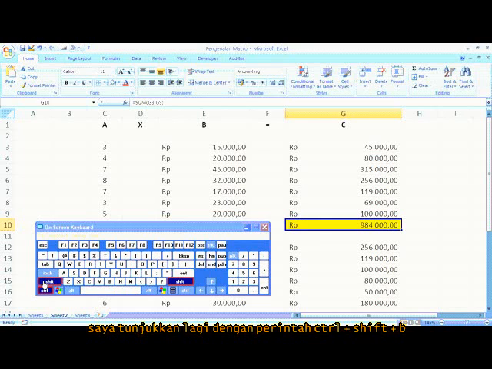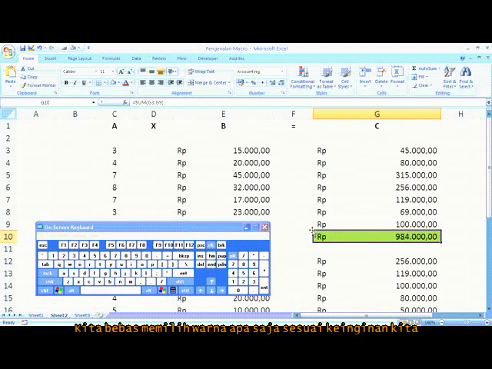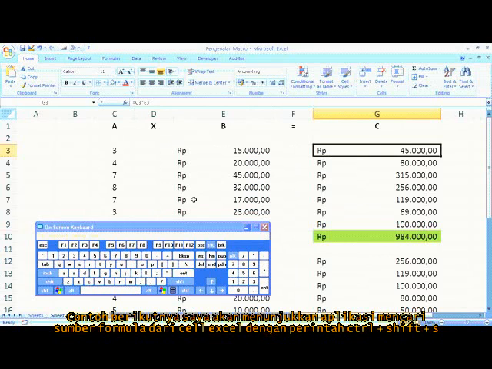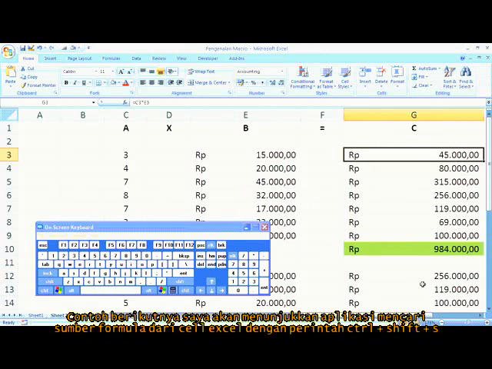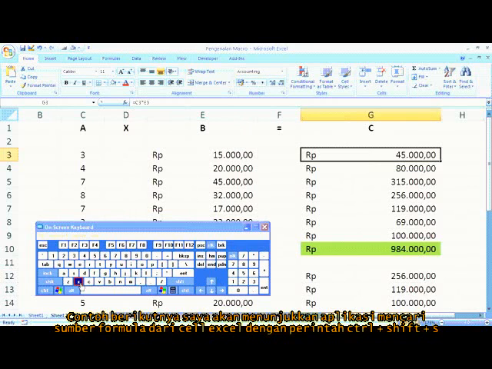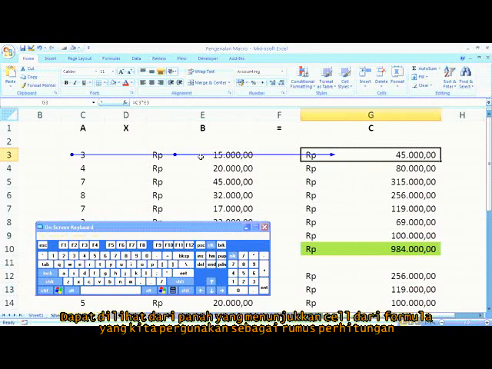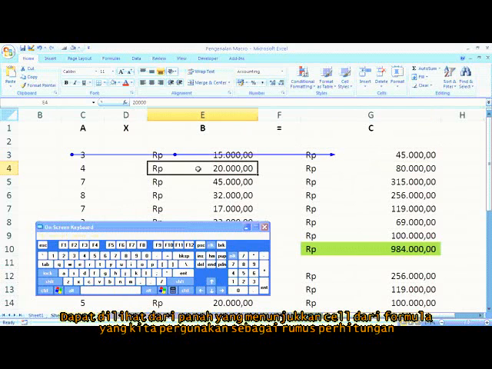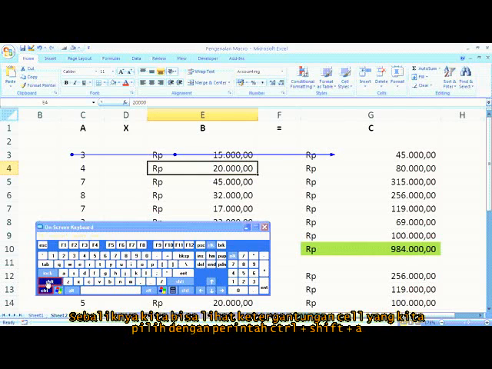I press it again with the command Control Shift B. We are free to choose any color according to our wishes. For the next example, I will demonstrate the application of finding the source cells of a formula with the command Control Shift S. It can be seen from the arrows that indicate the cells of the formula that we use as a calculation formula. Conversely, we can see the dependent cells we choose with the command Control Shift A.